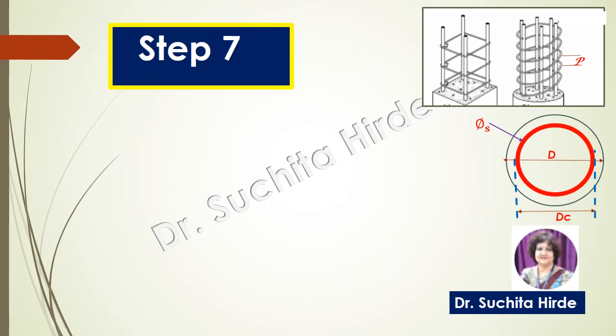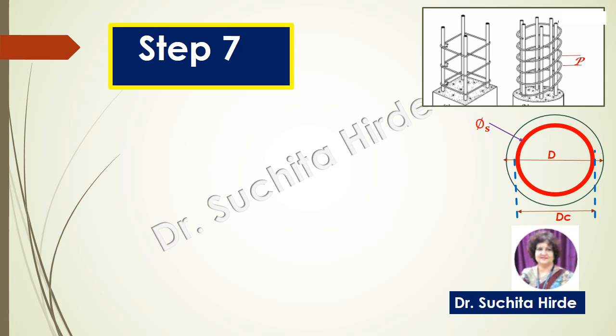What is meant by pitch of helical reinforcement is shown in top figure. In bottom figure, D means the overall diameter of that column. Dc means diameter of core. Diameter of core is equal to diameter of column minus 2 times of cover. In column, minimum cover of 40 millimeter is provided as per IS code. Phi s